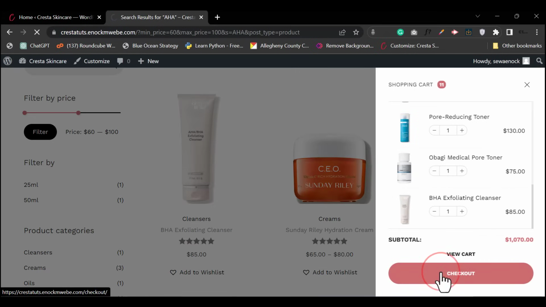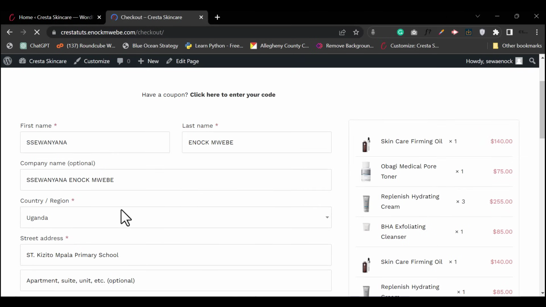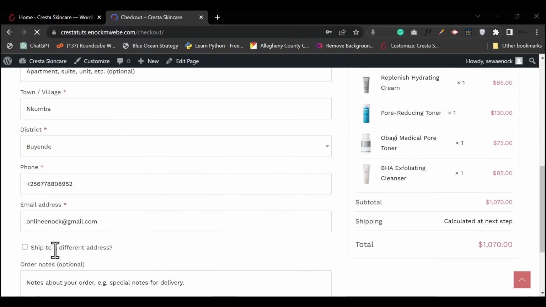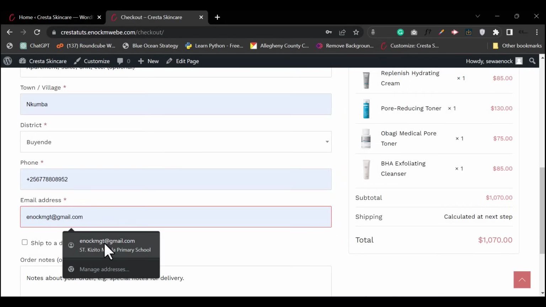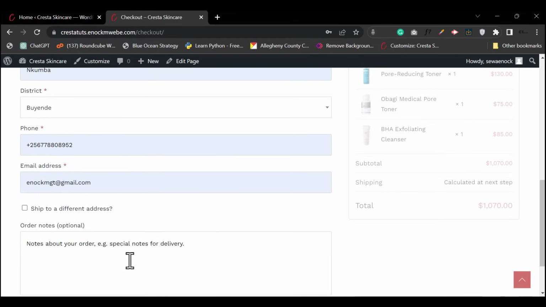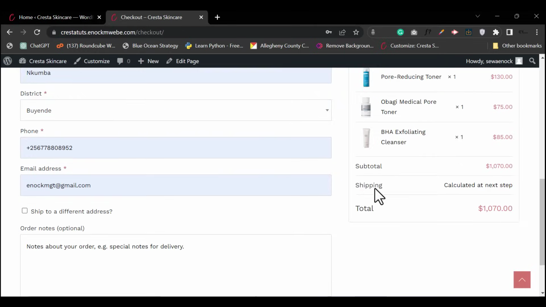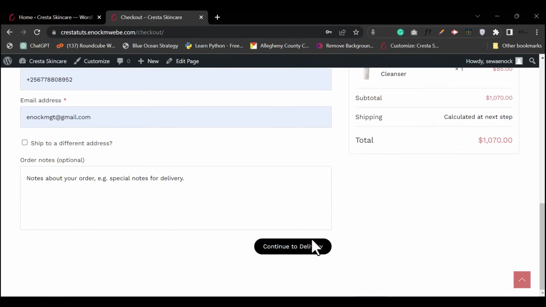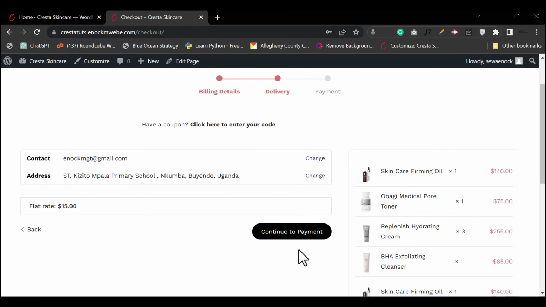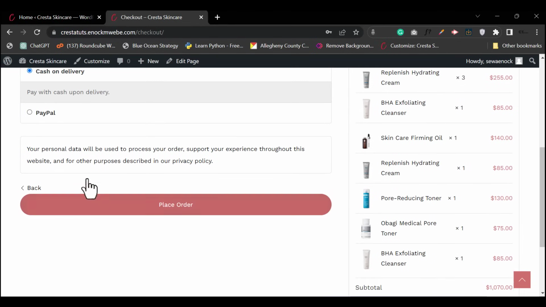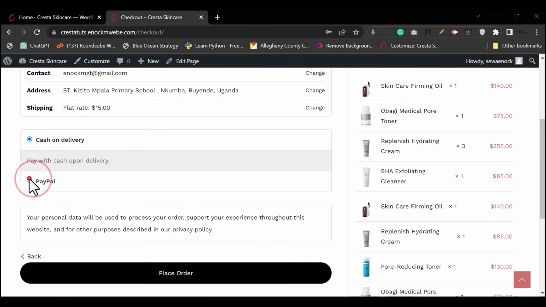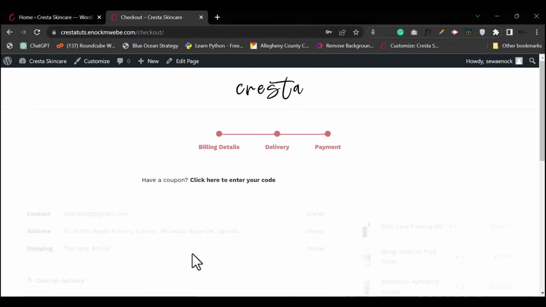Let's try to check out. So we're gonna click checkout, and we have all this information, this and that and that and that. So maybe I wanna change my email to something like shift at email. Yeah, so I wanna use this email right here. Everything looks fine. The total is 170, so you can click continue to payments and all that stuff, and you can either decide to pay with cash on delivery or you can do PayPal. So I'll do cash on delivery for this testing process,